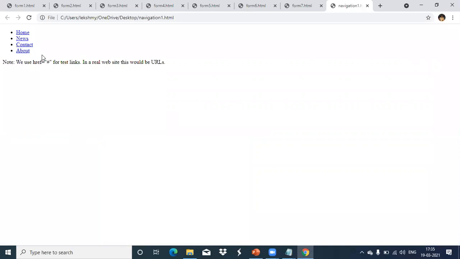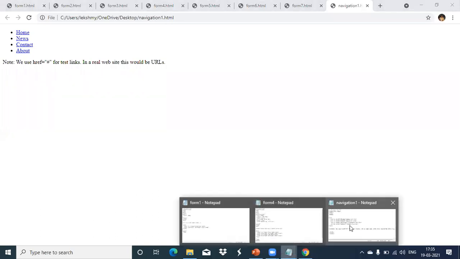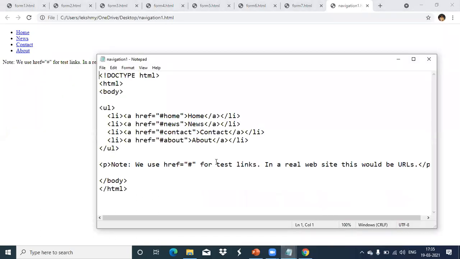In almost all real-time websites, we'll be having a navigation bar. Vertical way we can create it, horizontal way we can create it, different styles of navigation bar you have seen. So how to create this one? That is what I'm showing you now. See how we created the simple one. We used our list, the unordered list. List items only, each one a link. Till now we have not done that type of example, only coffee, tea like that. So this is an example of how to use the list in real time.